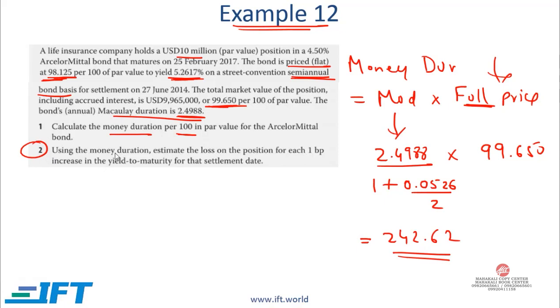Question 2 then is, using the money duration, estimate the loss on the position for each 1 basis point increase in the yield to maturity. As discussed on the previous slide, the change in value of the bond is equal to the money duration, and we actually use negative. So the money duration is 242.62 multiplied by the change in yield. The change in yield is 1 basis point, which is 0.0001, and this gives us